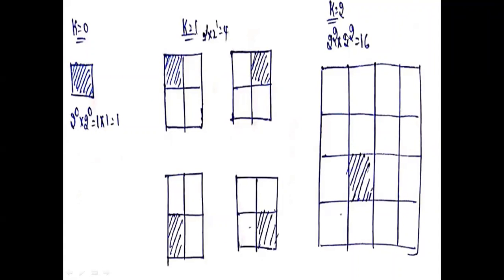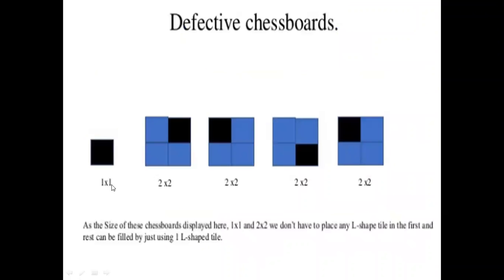The same applies to k equal to 2, meaning 2 squares by 2 squares. Suppose 16: 16 means 16 possible defective squares, but only one square is defective. The remaining squares are covered with trinomials. So only one square is defective, and the remaining squares are covered with trinomials. So these are the rules and regulations to cover with trinomials.